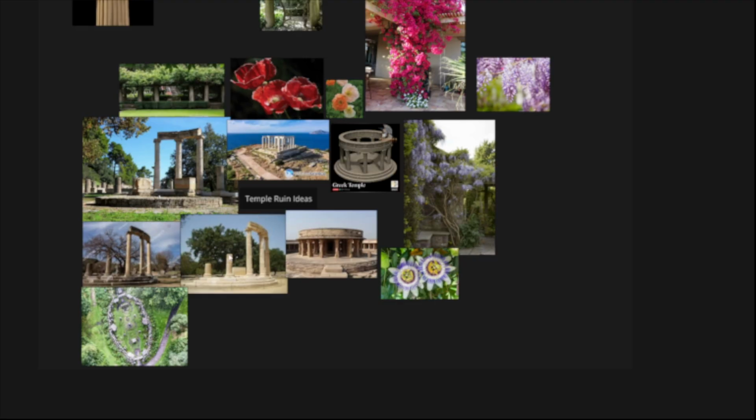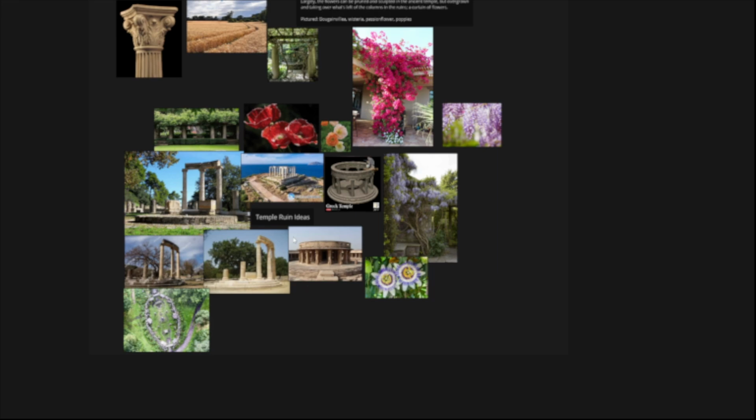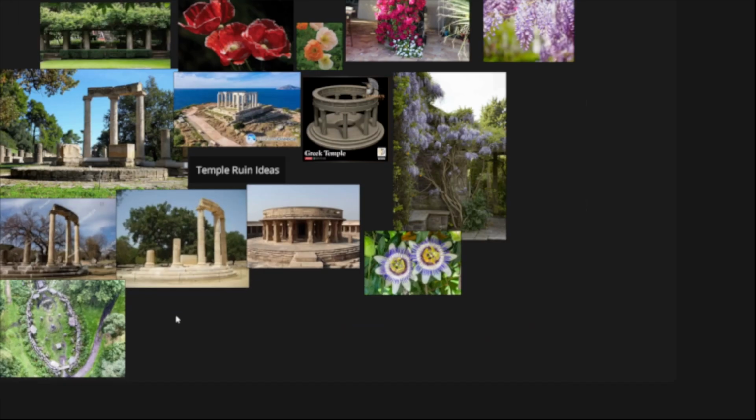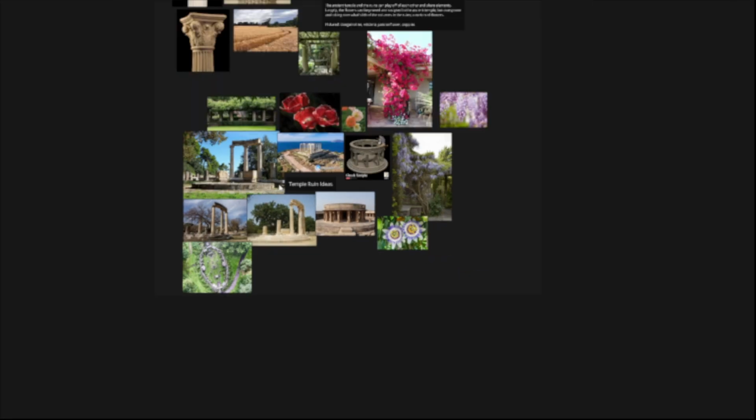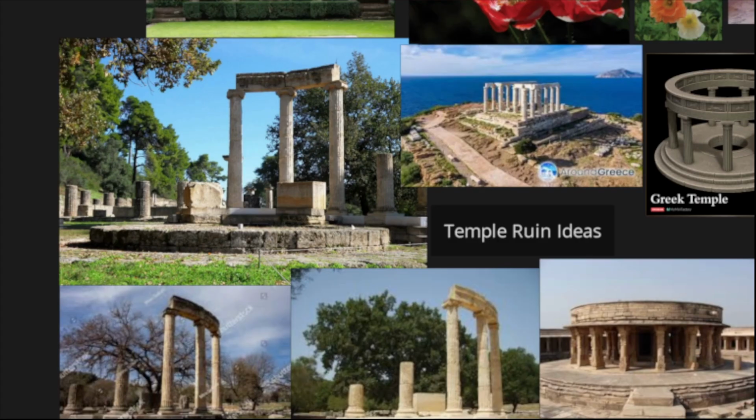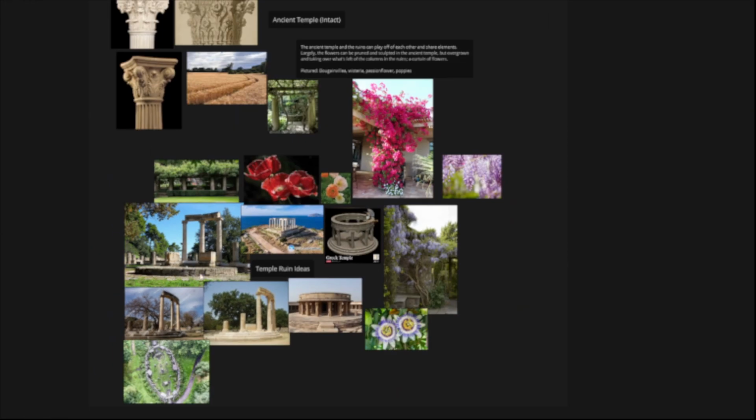It's completely open form, surrounded by wheat and barley fields, with flowers and stuff that grow over. So this is some of the ruins that I was looking at.